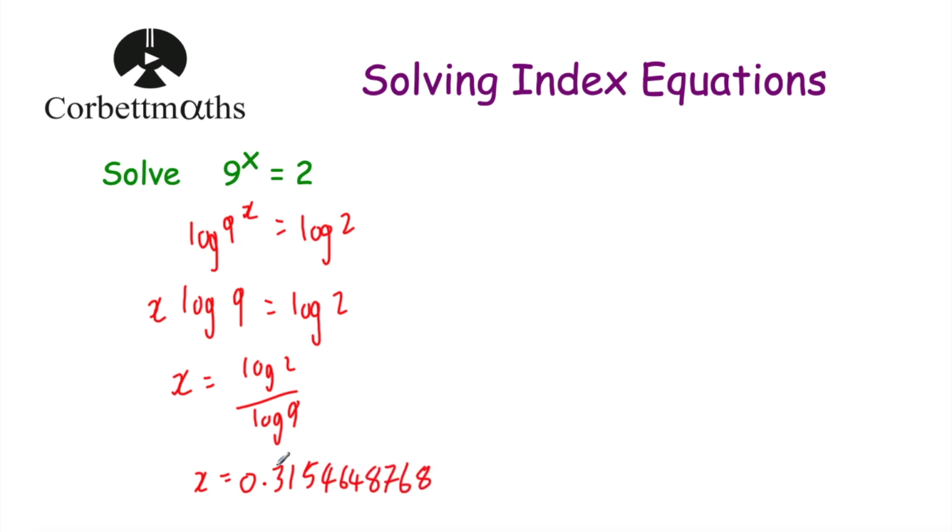And we could round this if we wanted to, and that's it. That's the power. That's what x is. X is equal to 0.31546 and so on. And again, you could round it perhaps to 3 decimal places to get 0.315, and that's it. So we've solved that equation, just taking the logs of both sides, bringing down the power, and dividing both